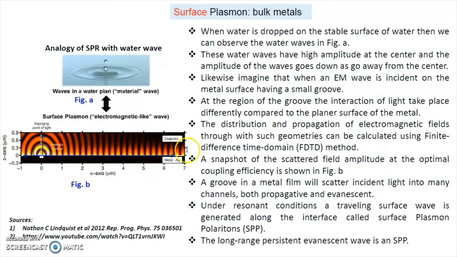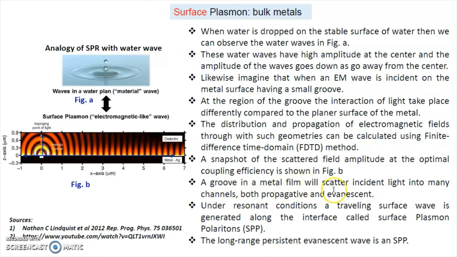So basically these are the calculations carried out by the scientist Nathan, and he is trying to show us how the electromagnetic field is distributed and propagated if we incident light on a groove having a size in the range of nanometers. So a groove